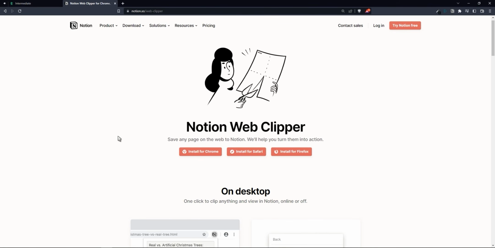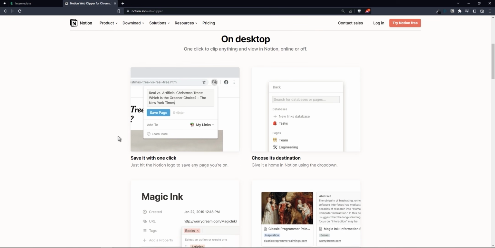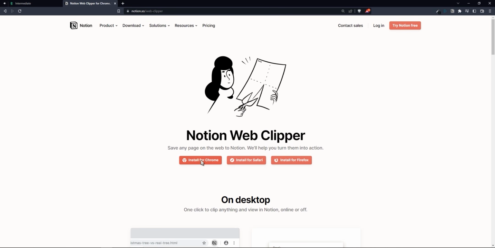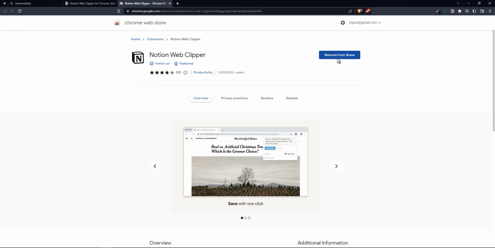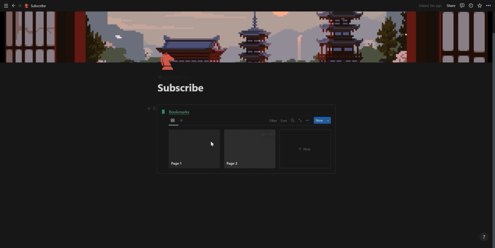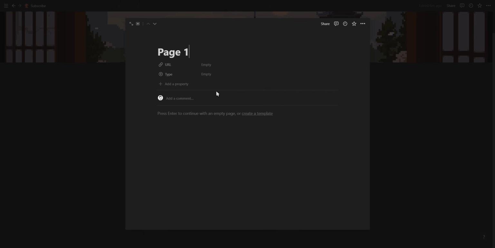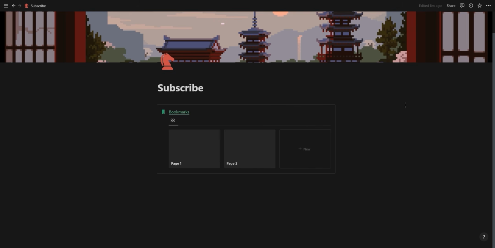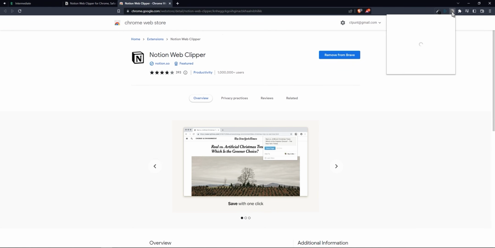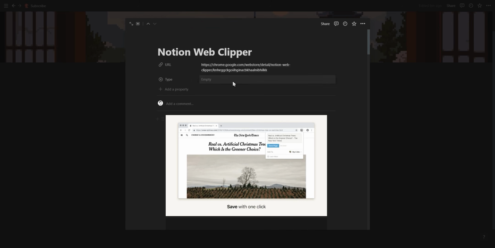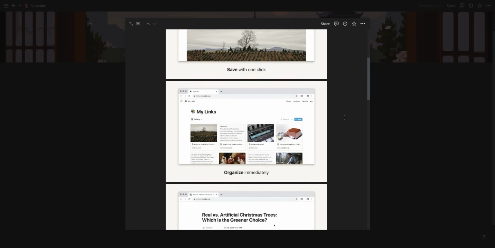The last part for the intermediate section is the Notion Web Clipper. This Chrome extension allows you to save any website or link directly to Notion. In your Notion workspace, you want to create a gallery view database with a URL and a tag property, which you'll use to collect, process and categorize your bookmarks. When you want to save a website, you simply click on the web clipper at the top and save it to your database. The content of the link, whether it's an article or a YouTube video, will automatically be embedded